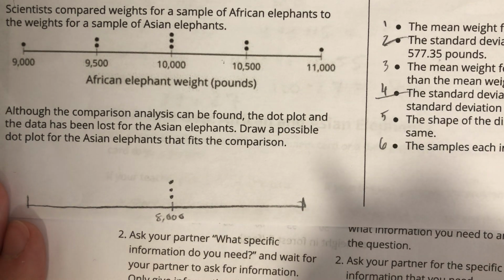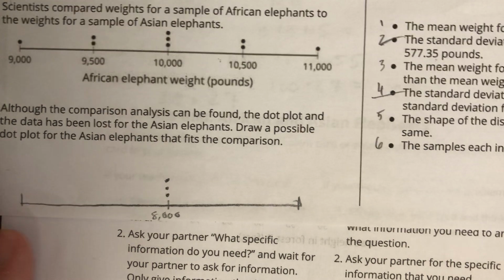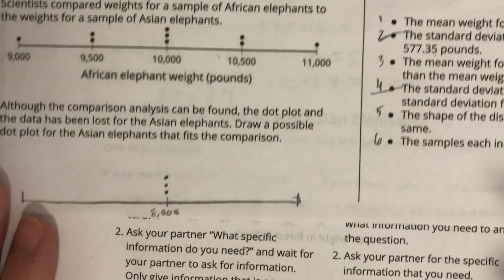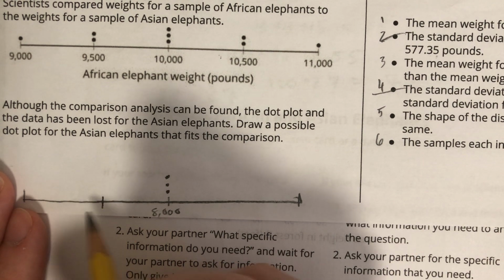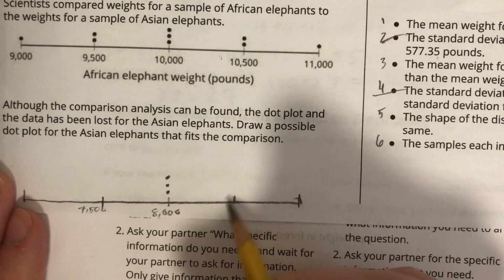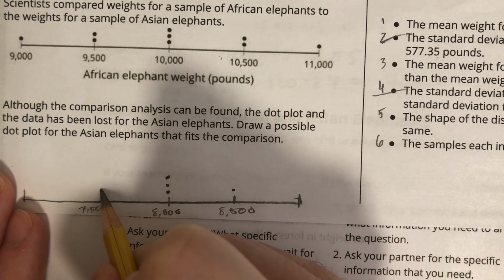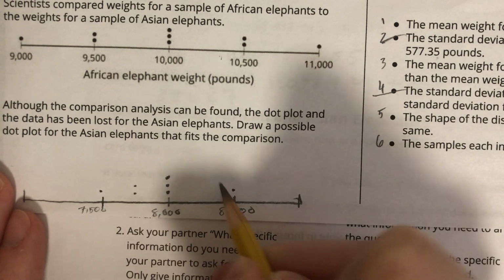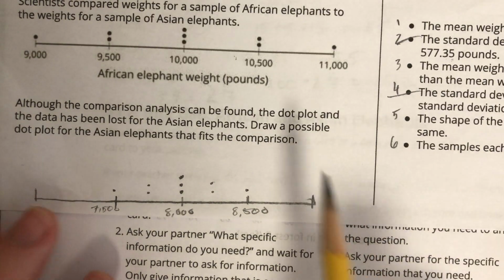So let's say, they don't tell me the min and the max, so I can really sort of take some liberty with this. I'm not going to do anything too drastic. Let's make this 7,500. Let's make this 8,500. I'm just going to move it in like this far. So the standard deviation would probably be about half if that was the case, because this one spanned